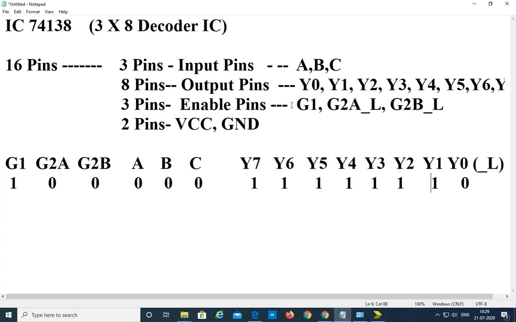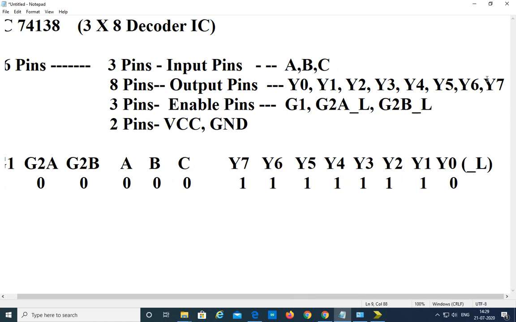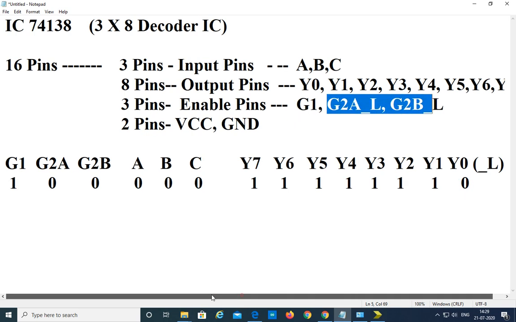Now this is the pin configuration. A, B, C are the inputs, these Y0 to Y7 are the outputs, and these outputs are active low outputs, and these are the enable pins G1, G2A underscore L and G2B underscore L. In these enable pins, these two are active low and G1 is the active high.